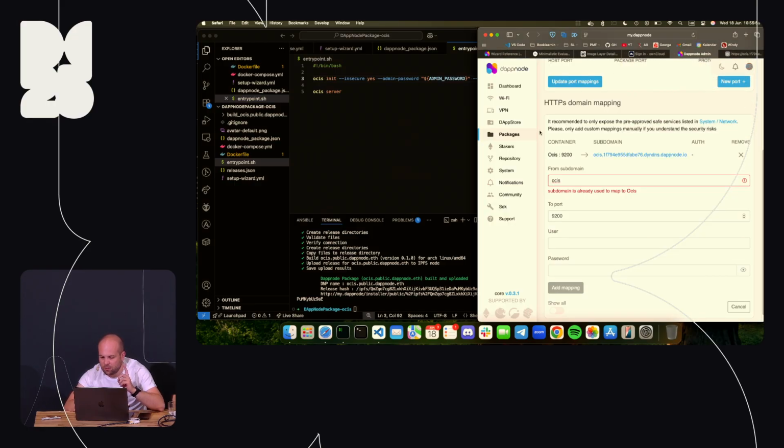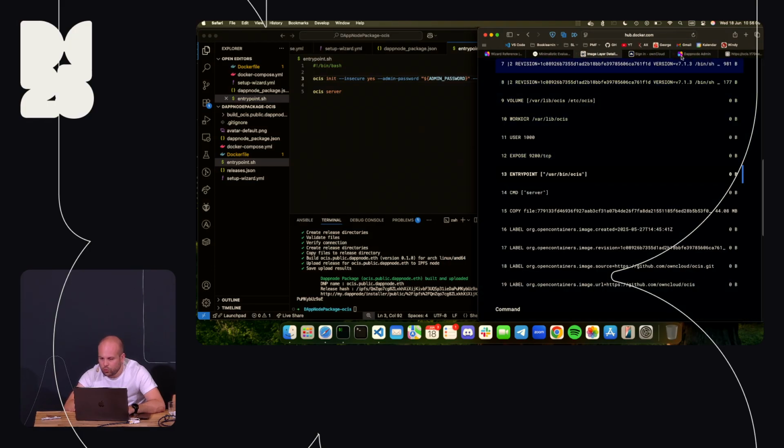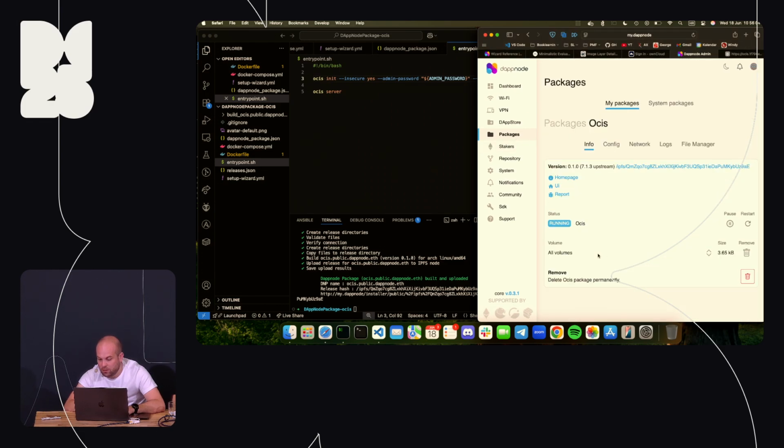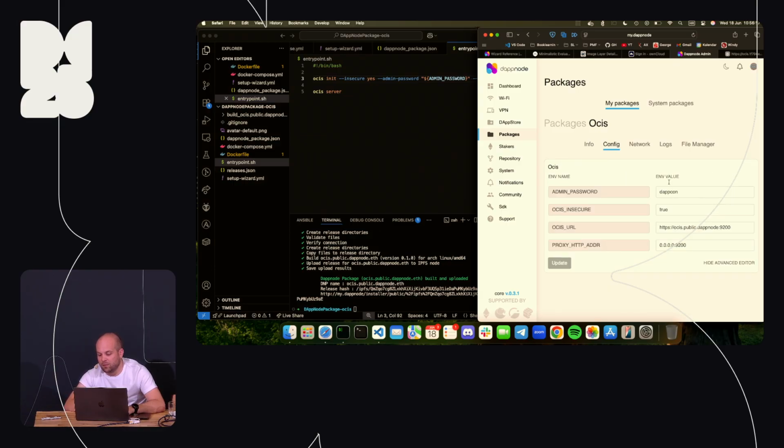First, what we need to do is change the domain name in the OSIS to match our domain that we are mapping to. That's a limitation of the OSIS itself. So now when we build the setup wizard, for config, we have this nice UI, but we need the advanced editor for this because we didn't specify the rest of the environment variables. So we update here, and in the